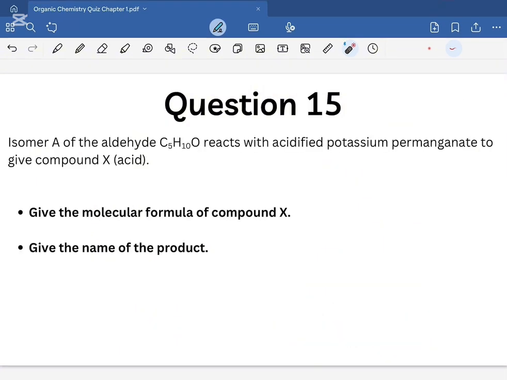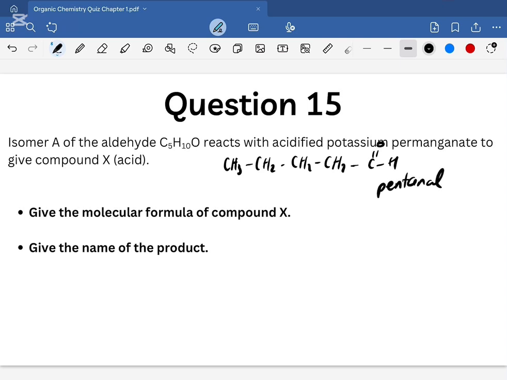Isomer A of the aldehyde C5H10O reacts with acidified potassium permanganate to give compound X. The structural formula for isomer A, we drew it before. It was CH3CH2CH2CH2CHO, and it's called pentanal. Now it's going to react with the acidified potassium permanganate. So the pentanal